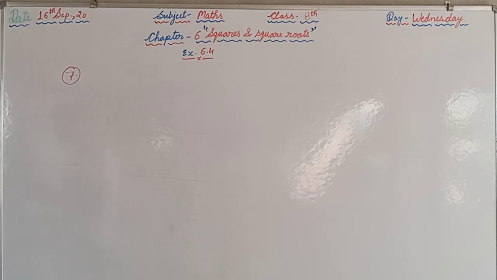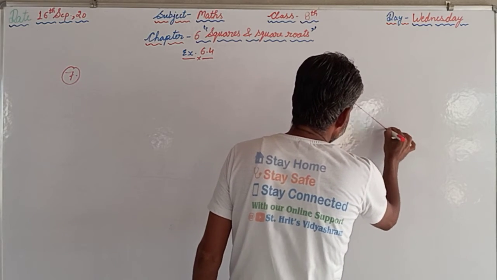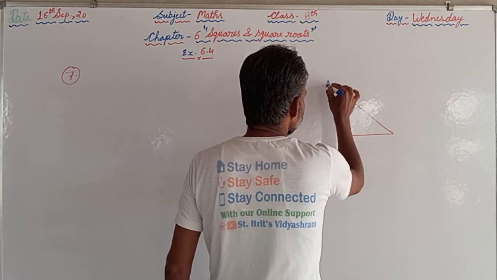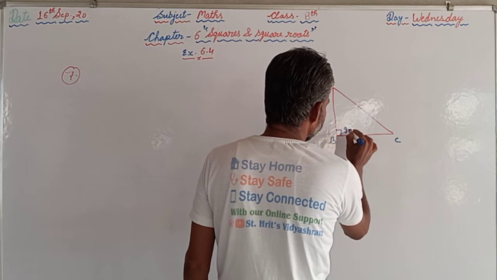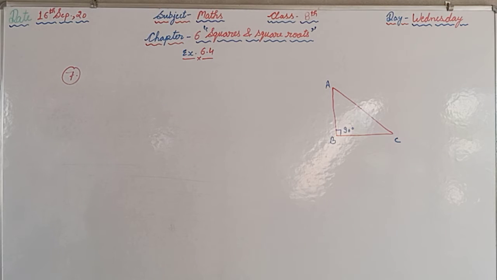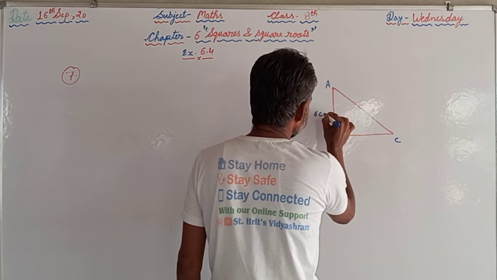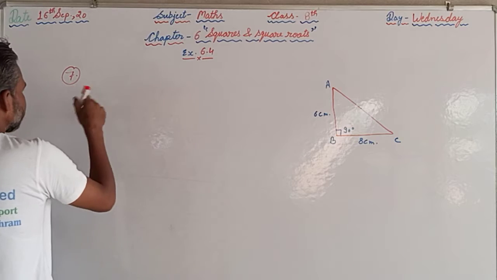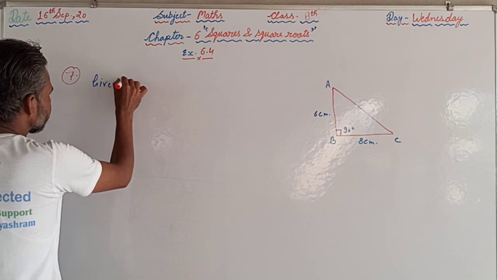So according to the information given in the question, ABC is a right angled triangle, right angled at B. So A, B, C, and this is 90 degree given, and AB is 6 centimeter and BC is 8 centimeter. So first of all we will write what is given in the question,